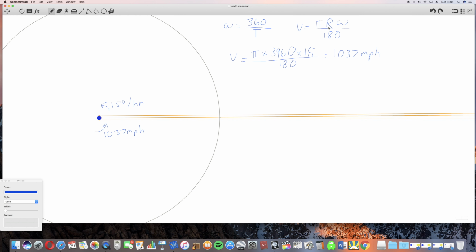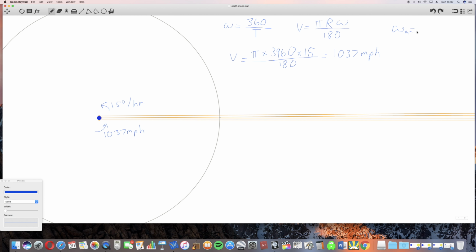So if it's moving in a bigger circle but with the same angular speed, it has to move faster, which makes sense. Because if it's moving with a constant angular speed, like I said, it's got to get around this whole circle in the same amount of time. But if the radius is bigger, it's got much further to go around, so it's got to be going much faster. Okay. Now, the angular speed of the moon,